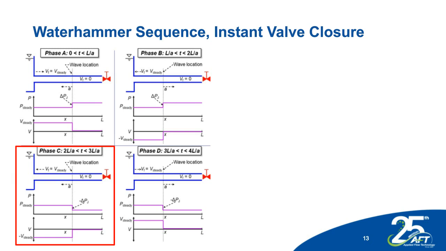The time is greater than L over A, less than 3L over A, and now the wave is traveling again from right to left. Okay, it's very similar to phase A, but what you'll see in the pressure profile there in the center, the graph with the purple graph, the pressure now is dropped at that wavefront, and it's the negative of the Joukowsky pressure rise. So in phase A, there's a pressure increase equal to Joukowsky. In this case right now, after this reflection happens, the pressure is now reduced by the magnitude of the Joukowsky